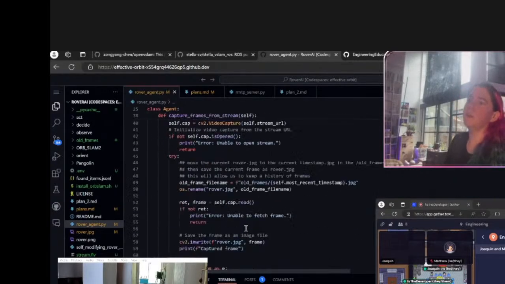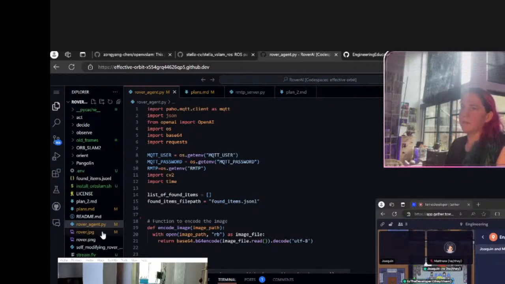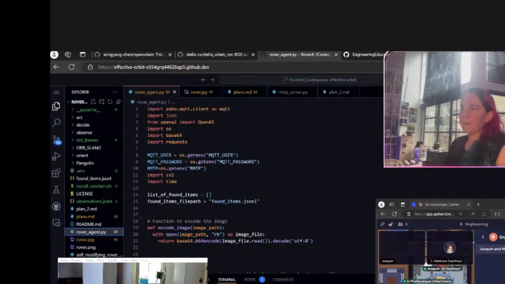So what do we have right now? Let me see if the rover can actually just start up. Let's do source env, and then Python rover agent.py. Let's see, where were we last time? It still runs, and it looks like it's capturing frames. If we look here, we can validate that the rover is actually capturing frames. Cool. Okay, then something broke.